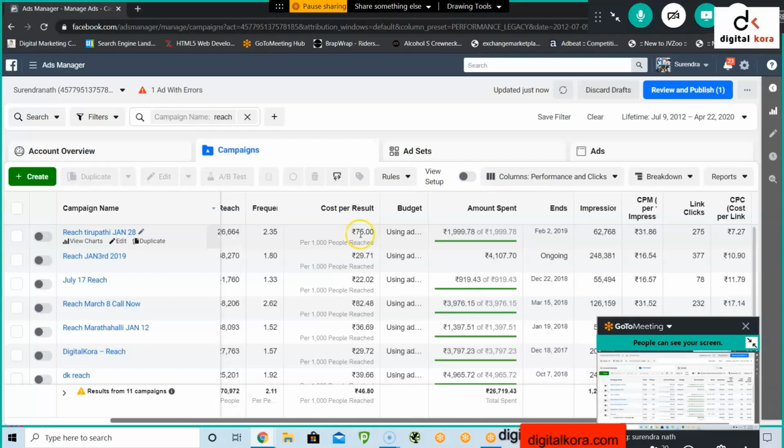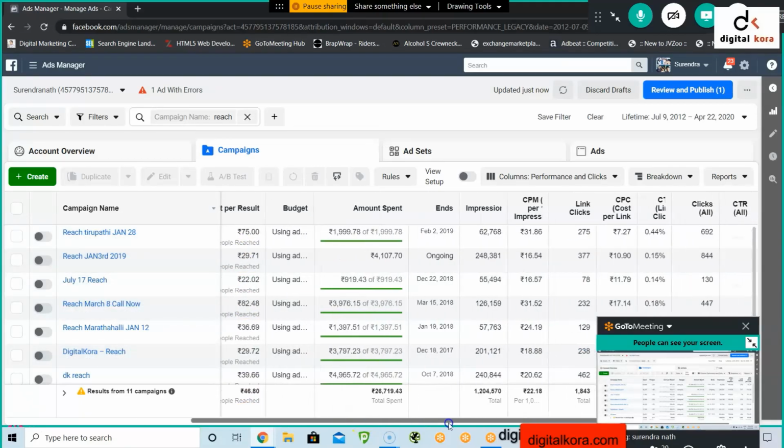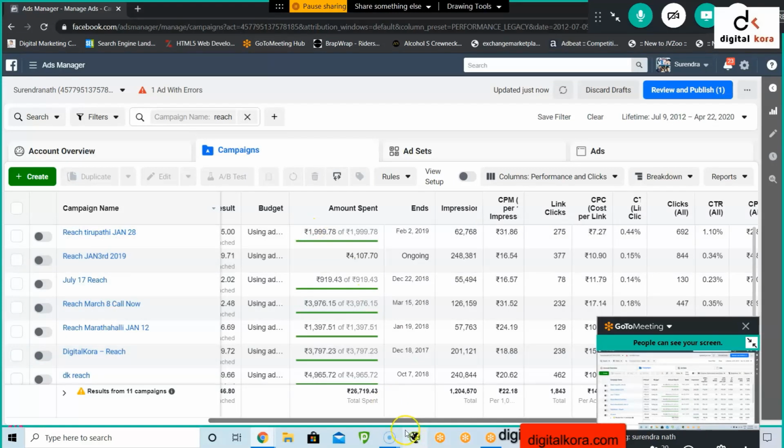And cost per result is nothing but cost per 1,000 people reached. Cost per 1,000 people reached. So the budget spent here is around